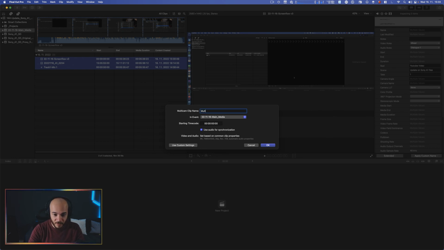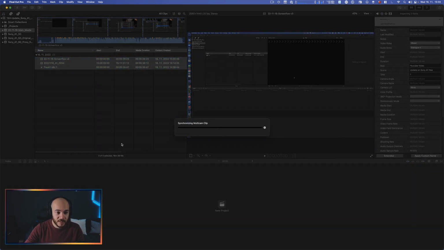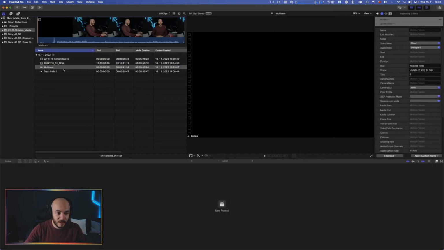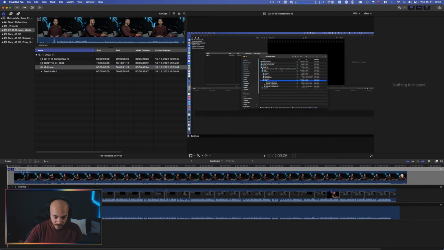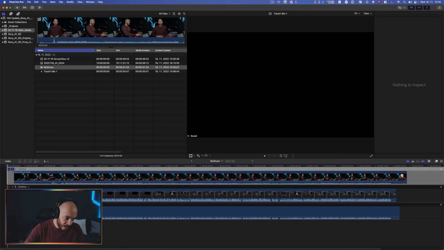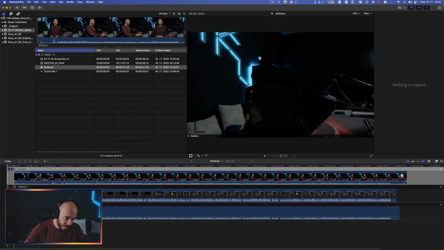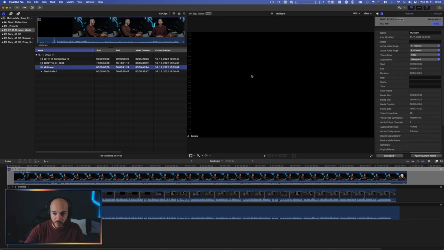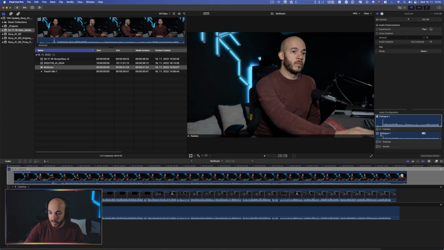I'm just gonna call this multicam. Don't need to do anything more complicated. All of these settings here are correct. Now let's see how my multicam looks, and it's perfect. Now I want to select the main sound, which is that one. I'll make sure that I have it selected